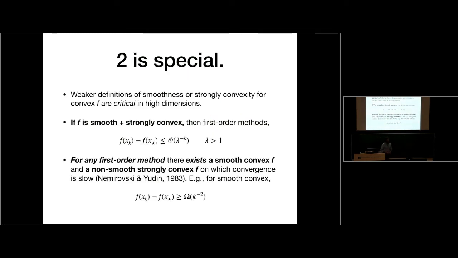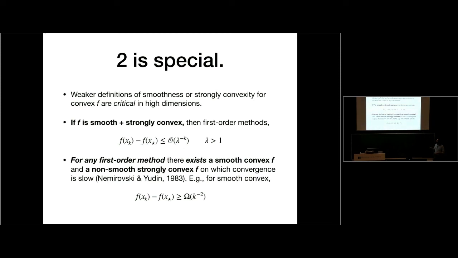As I mentioned, there are weaker definitions of smoothness and strong convexity. And those weaker definitions actually turn out to be critical in high dimensions. I should mention that this lower bound theory only really properly lives in the context of high dimensions. For one-dimensional functions, you can do all kinds of wacky things, but for high-dimensional functions, it's kind of asymptotic arguments. If we know that our convex function is smooth and strongly convex, then most first-order methods, which, just to remind you, only ask for gradients and function values of your function, can usually be shown to converge exponentially quickly.